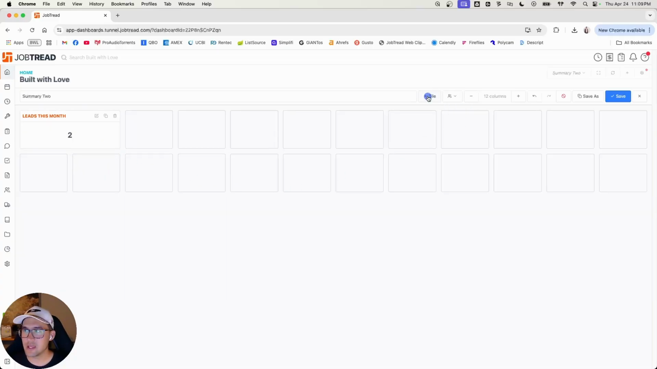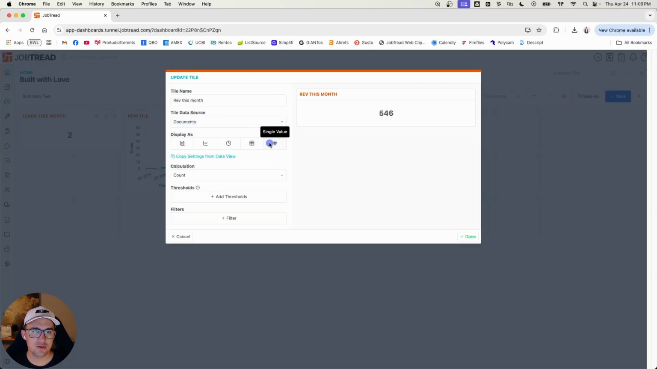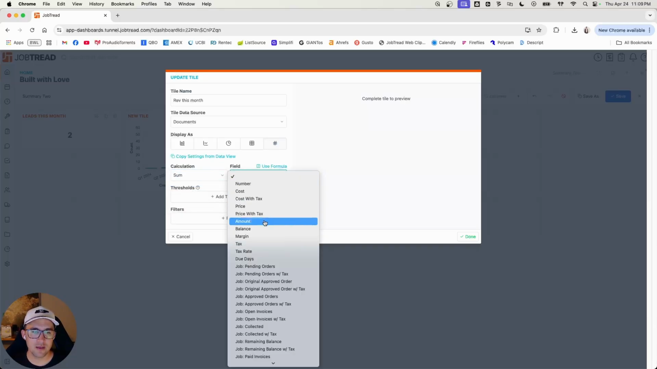Now let's build a payments this month, or revenue this month, however you want to say that. So we're going to look at documents to get our revenue. You can look at documents, or you can look at payments. Maybe sometimes all your payments don't come through. I don't know. Do it how you want to, but I'm going to do documents. I'm going to do single value. I want to sum the amount